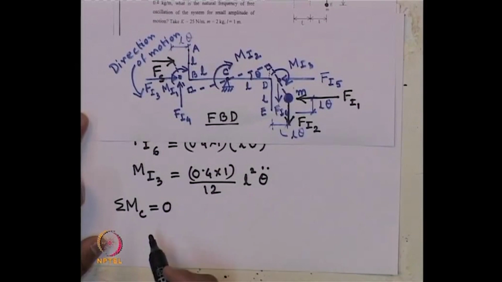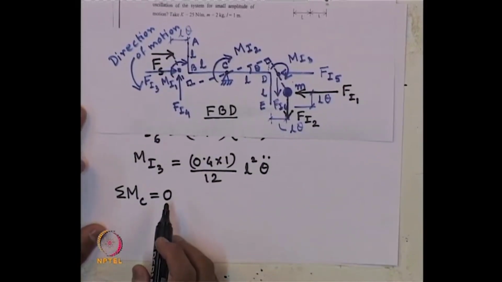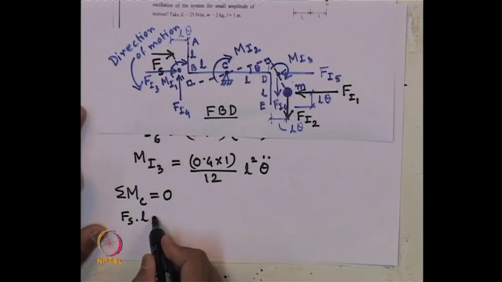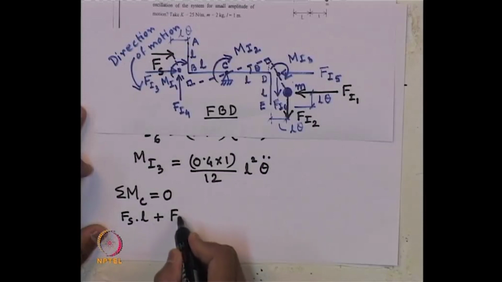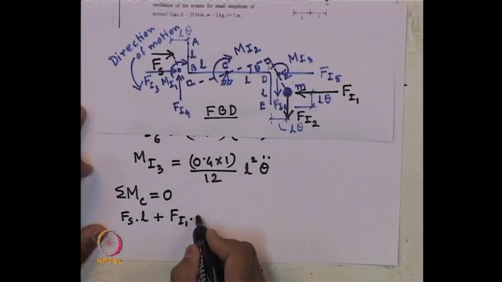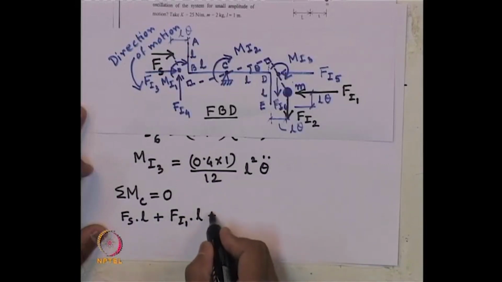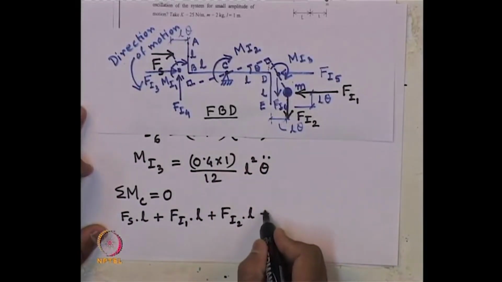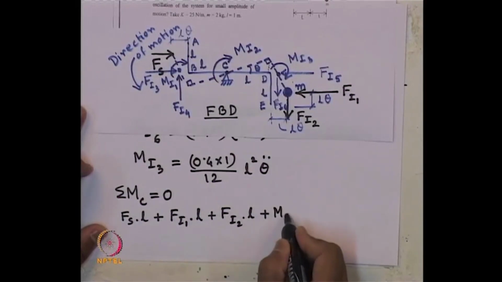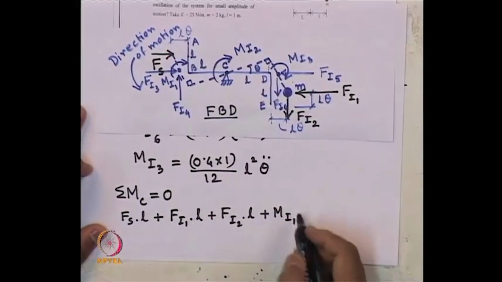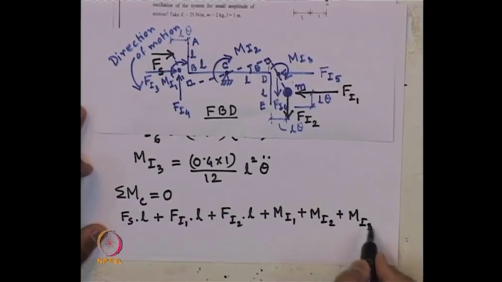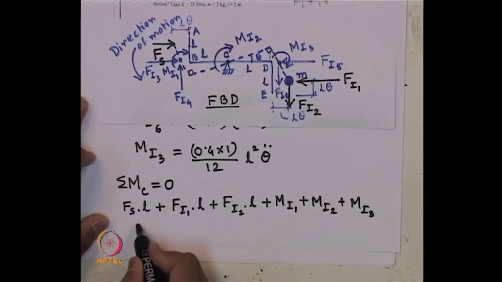So, what we can write down, this equation will now be F s times L clockwise plus F I 1 times L, that is also clockwise, plus F I 2 times L, that is also clockwise, plus M I 1, it is also clockwise, plus M I 2 clockwise, plus M I 3 clockwise, plus